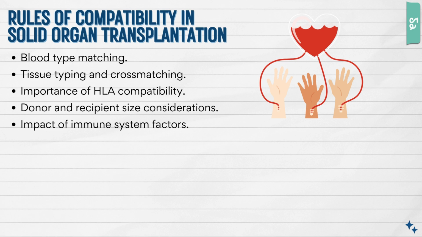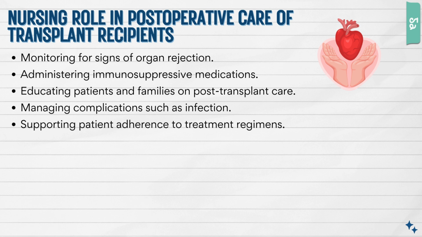So last, the other immune system factors which we need to consider, such as previous sensitizations from blood transfusions, if people have been pregnant before, because you can have that Rh factor issue, or previous transplants. Those can all influence the compatibility, and we need to carefully evaluate if that may be a factor. So as a nurse, you guys need to understand the compatibility rules, which will help us explain the matching process to both the patients and the families. And we need to be able to provide them with that clear picture of what to expect during the transplant journey, which if you understand the process, you'll be better able to educate them.